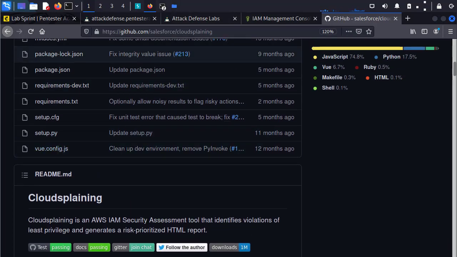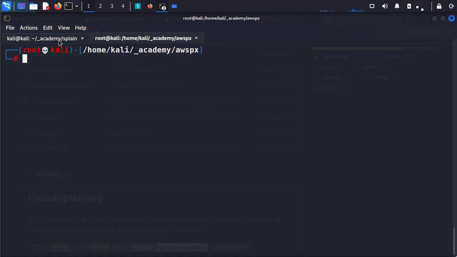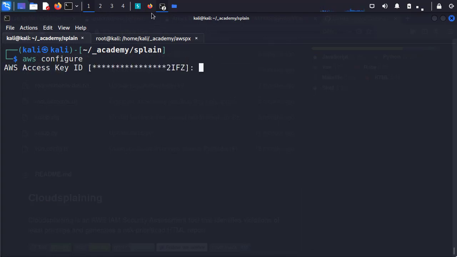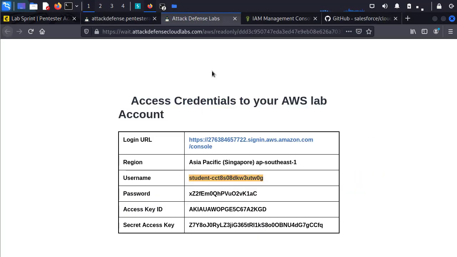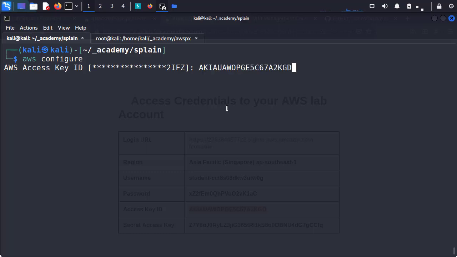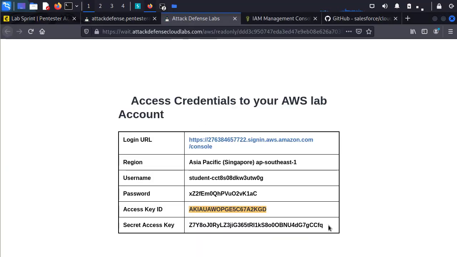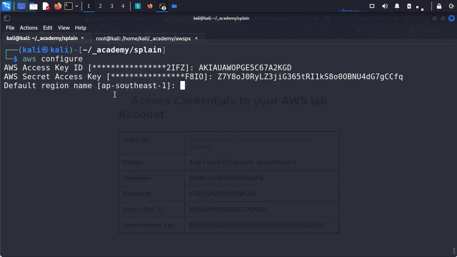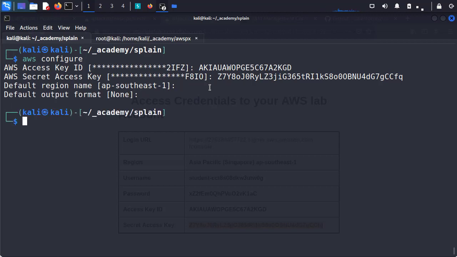to use it. So to use Cloudsplaining, what we're going to do is configure our AWS environment. So AWS configure, and this is going to ask for an access key ID that we can pull from our credentials here. So here's our access key. I'm going to paste that in, and here is our secret access key, and I'm going to paste that in. Our default region is going to be AP Southeast 1. For IAM, it really doesn't matter. IAM is global across the entire AWS account, so we'll just leave that,